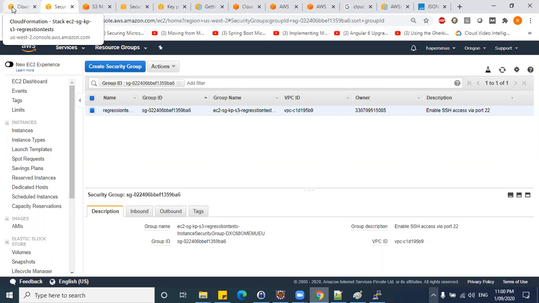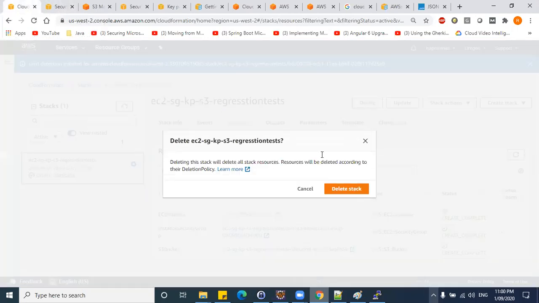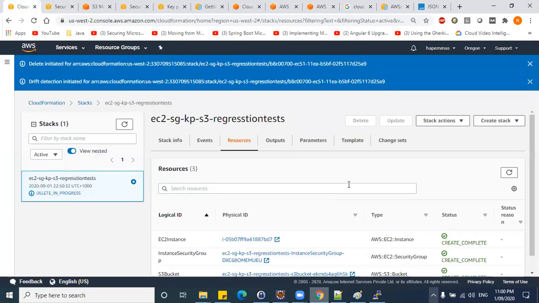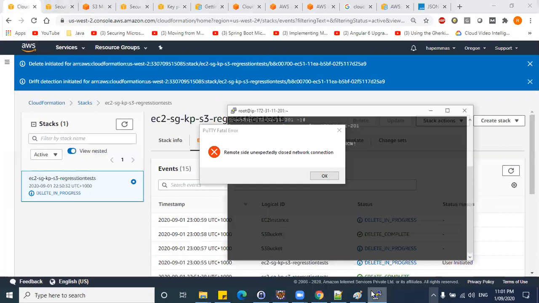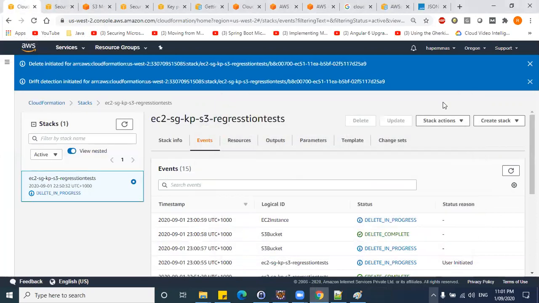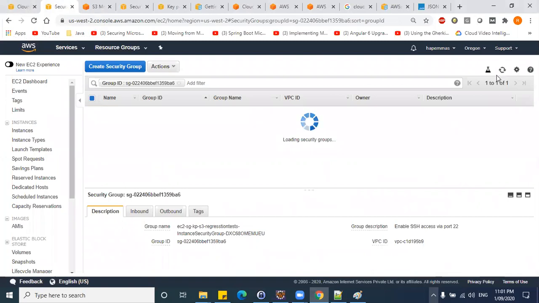Okay. So okay, I'll delete the stack and I'll show you. Click on delete. So delete started, in progress. You can go and check in the... So you can see already my EC2 has been disconnected. So if you go here and refresh